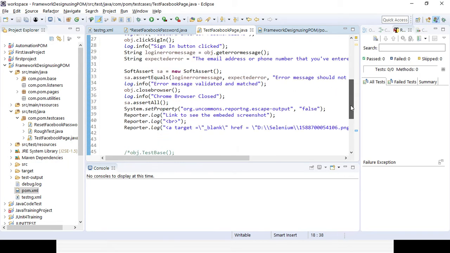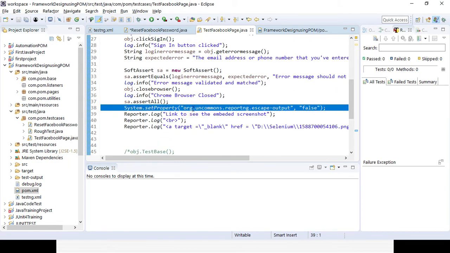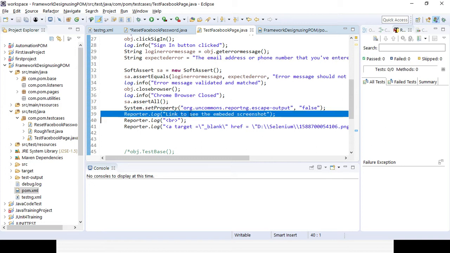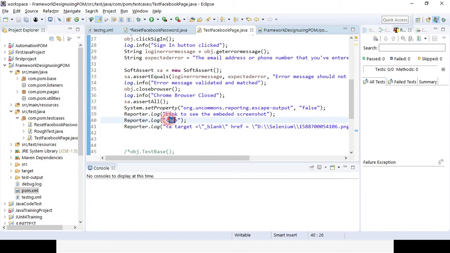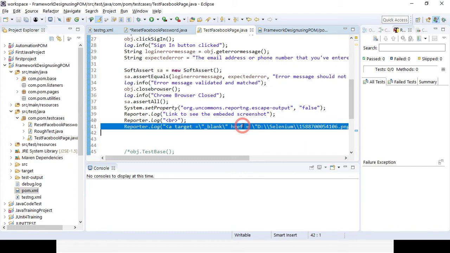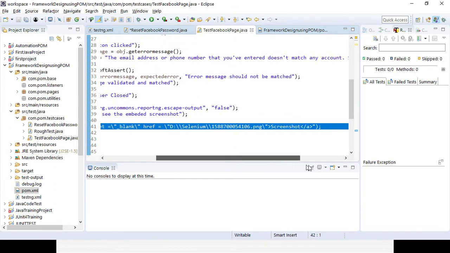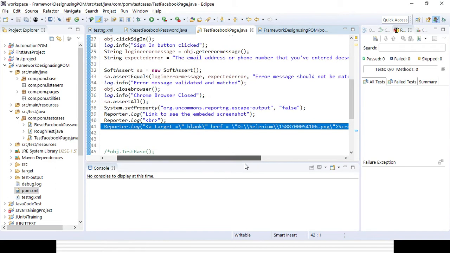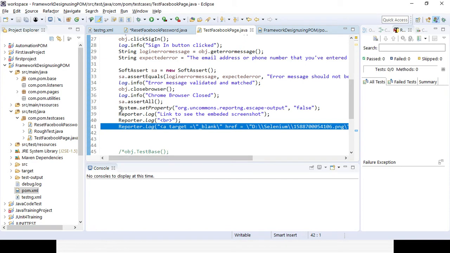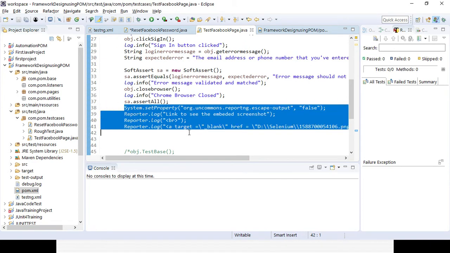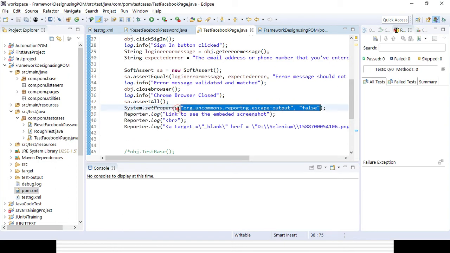First we set the properties for report-ng and then we report some logs. We add a log so that we can see a link to the embedded screenshot, and we add some break statements so that whatever image reference we want to portray comes on the next line. This is at the test case level, and it will be displayed irrespective of whether the test case passed or failed.